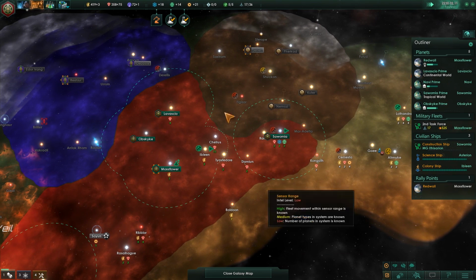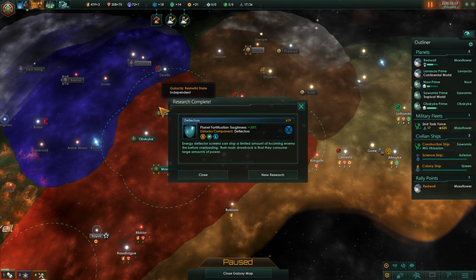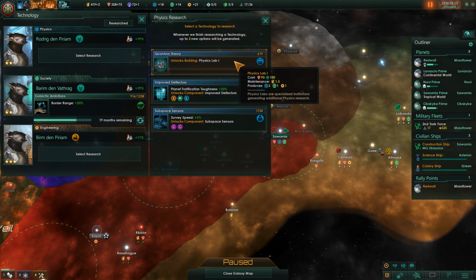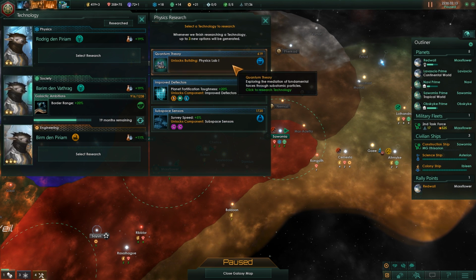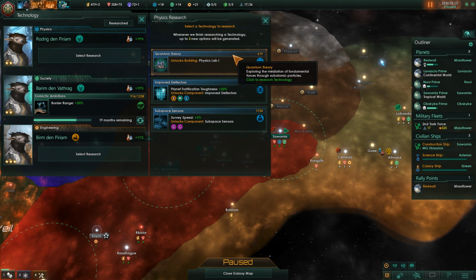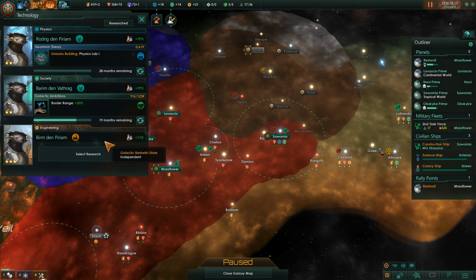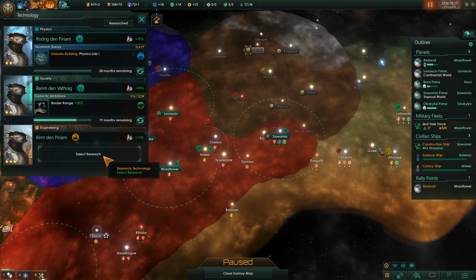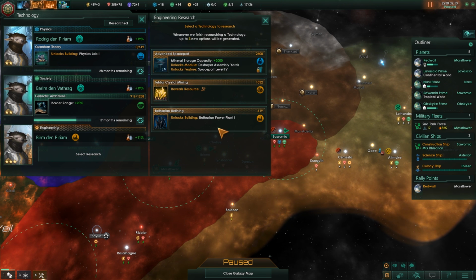Research complete. Okay, so let's see what we got. We got deflectors, so we can upgrade our ships. I'm going to go ahead and do physics labs so that we can get other research type labs done. And it's the cheapest thing to do right now, so we'll go ahead and take that. And we also finished the mineral processing plant, which was what I was looking for. So what I'm going to do, come in here, so we can get an upgraded spaceport. And then we have...